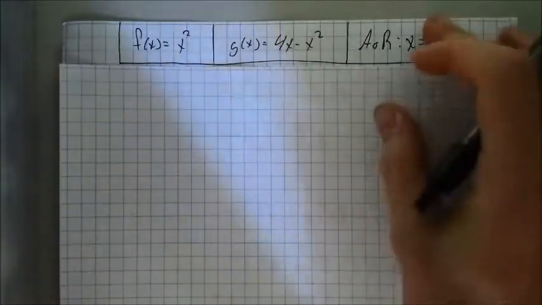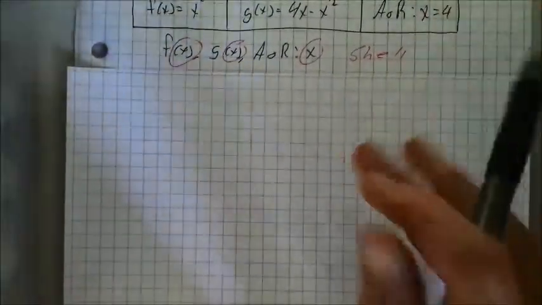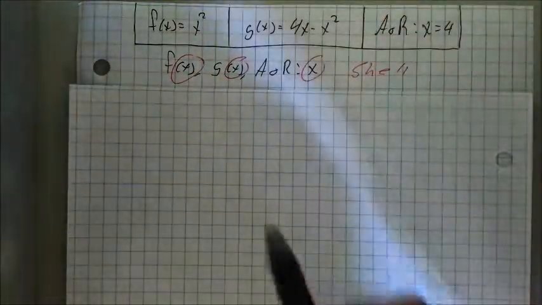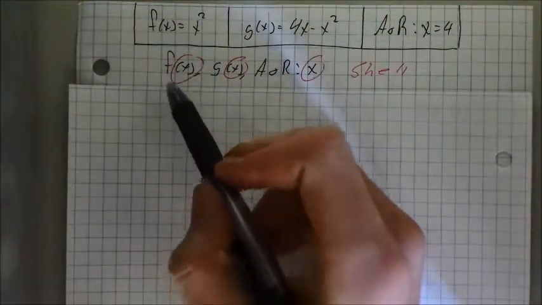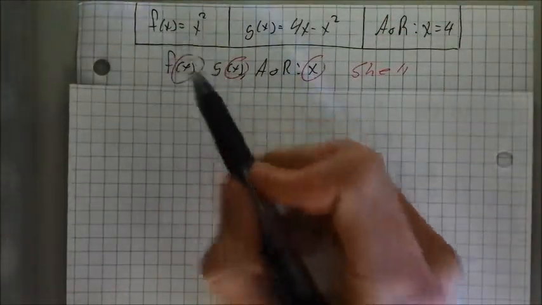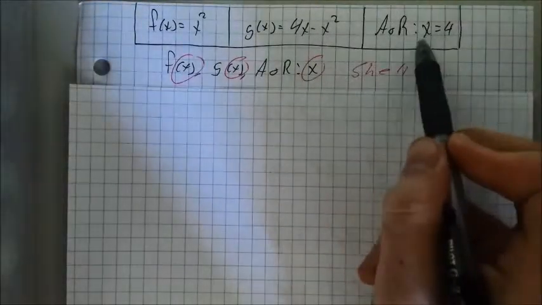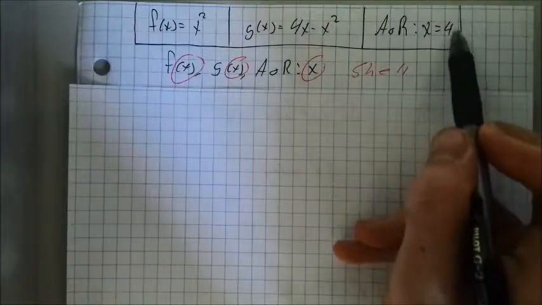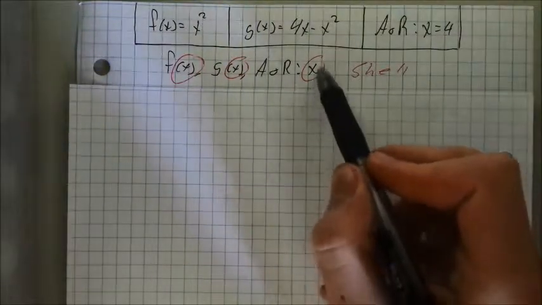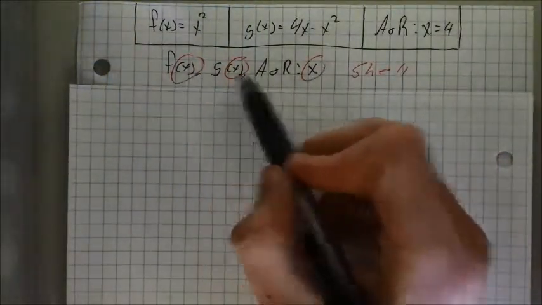And looking here, I wrote it in red this time because I found that the blue didn't show up very well on the camera. So if we have f of x, that's defined in terms of x, g of x is defined in terms of x, and our axis of revolution is x equals some constant. In this case, that constant is 4, but it could be anything. But it's in terms of x, and so all of these are in terms of x,